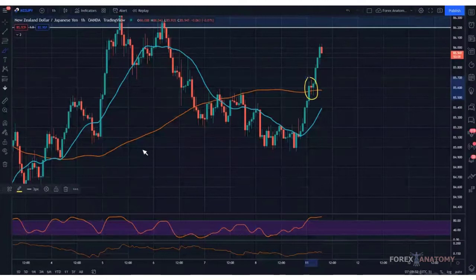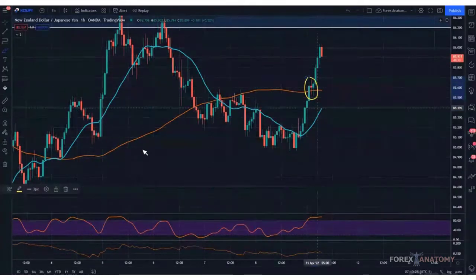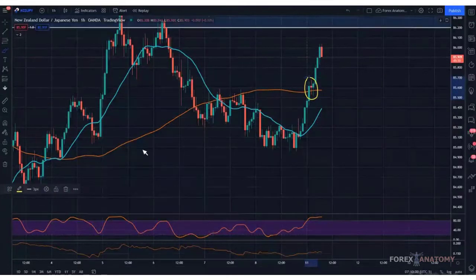This is what we call hidden structure, hidden structure. So this is where there's hidden demand, where there could be hidden buyers positioned at this hesitation candle, because a hesitation candle is a one candle anomaly. We look here, we see all these nice strong bullish green candles, but sandwiched in between them is this one red indecision candle. It's sort of like a doji candle. But what this tells us is that there's hidden structure right here,